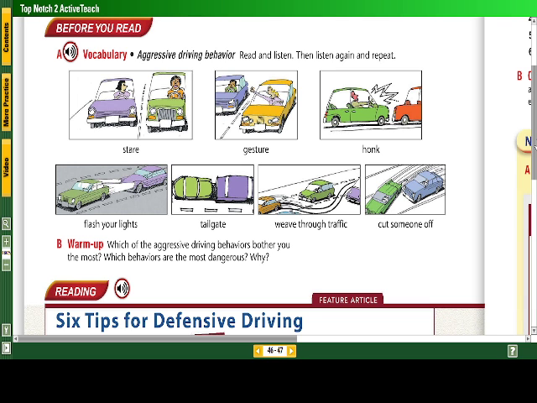Weave through traffic is when you are going to the fast lane and to the slow lane and to the fast lane again, and you start waving, going right and left through the cars. And cut someone off is when a car is driving kind of slow, maybe, and you want to get in front of that car, and without signaling your intentions, for example, you cut that car off.